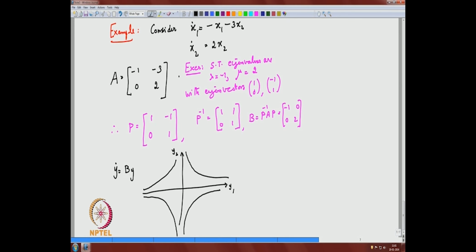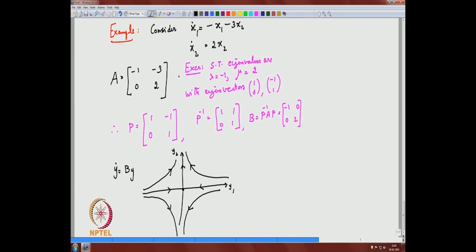So, y1 going to 0 means your graph will be like this. y1 will go to 0, you see, it will go to 0, this will go to 0. So, this is your phase portrait of that, and it is an invertible matrix. Now, we want to know the solution corresponding to x1.